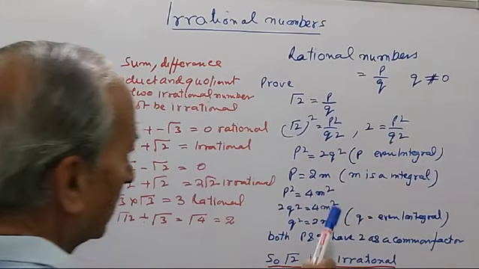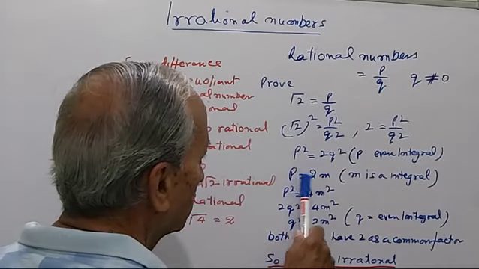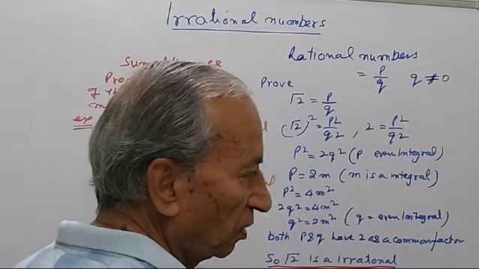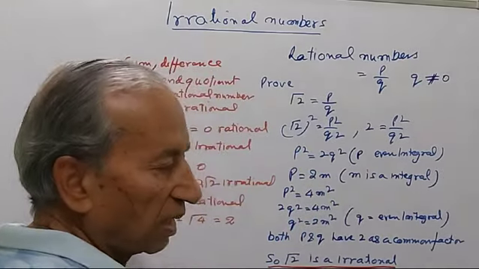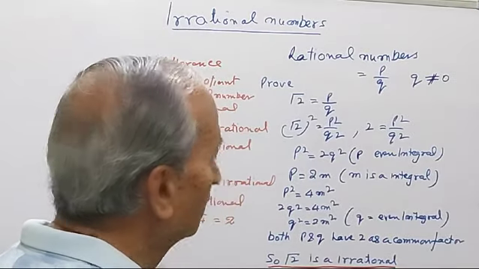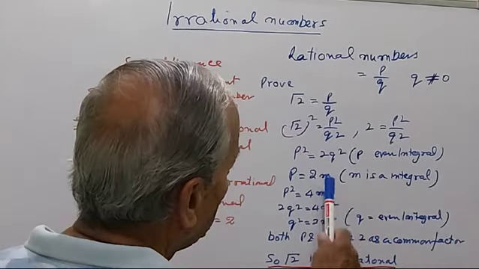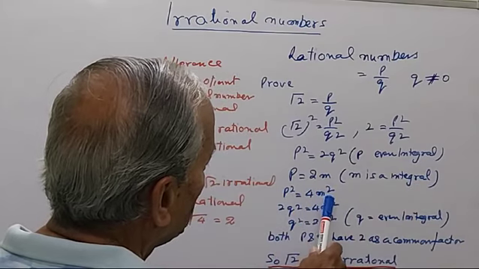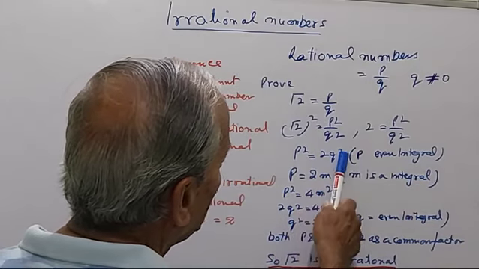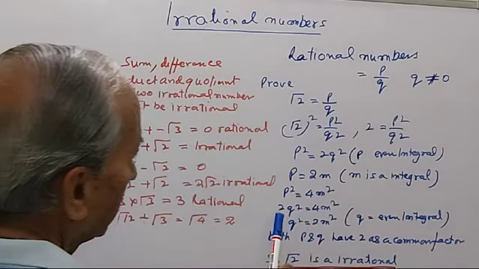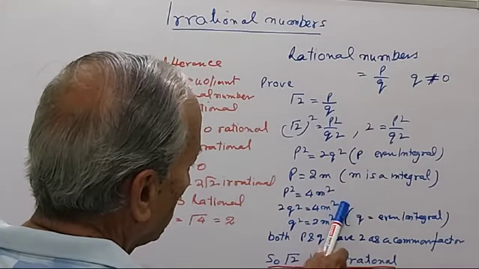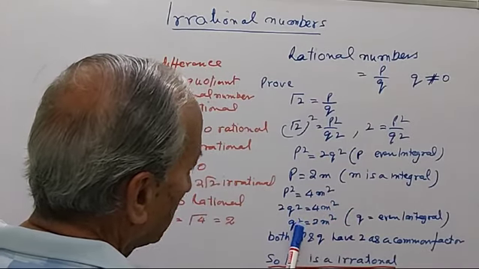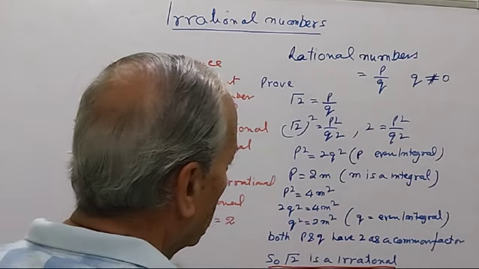Now take another integer like m, then p is equal to 2m, and you know the lemma where a is equal to dq plus r. So here m is an integer. So p square is equal to 4m square. Now p square is equal to 2q square. Then 2q square is equal to 4m square, or we say q square is equal to 2m square, where q